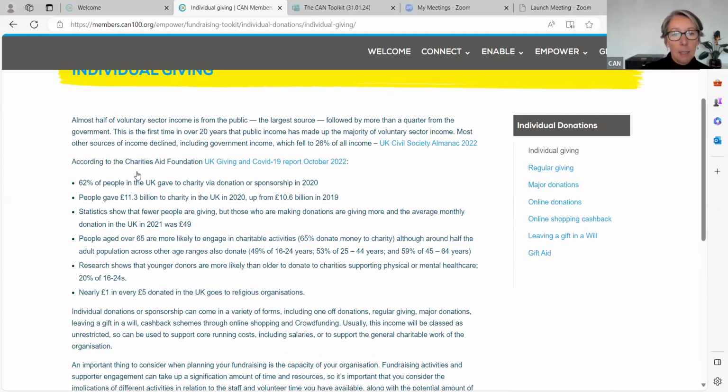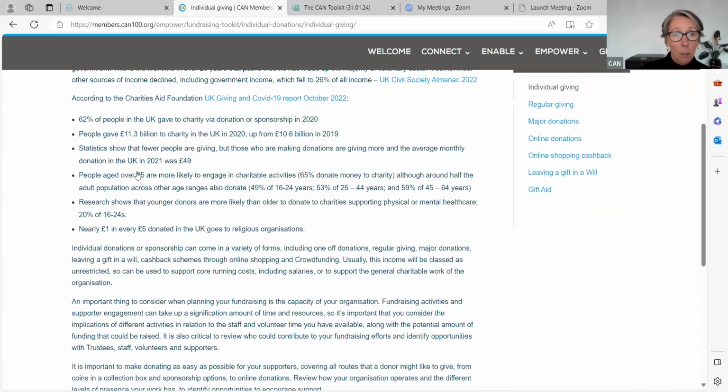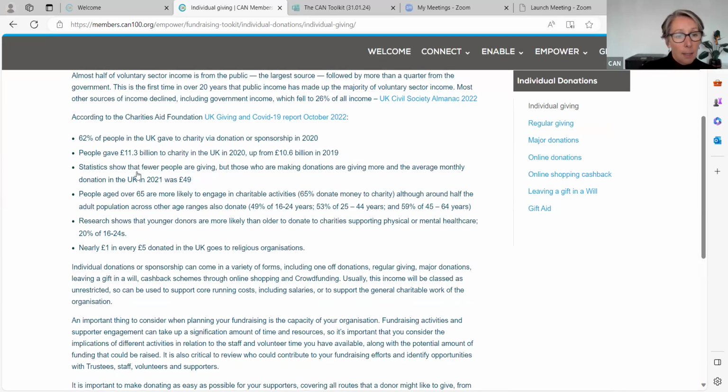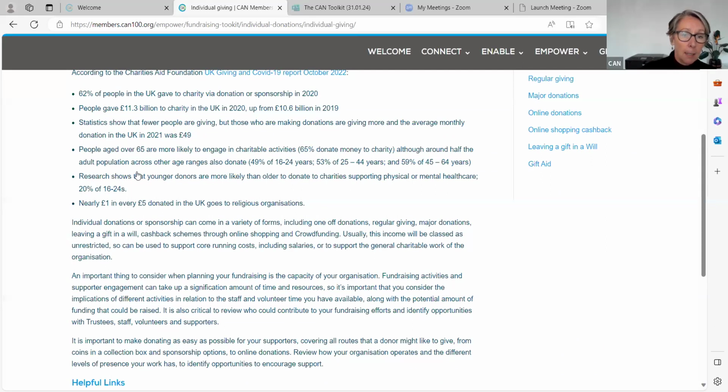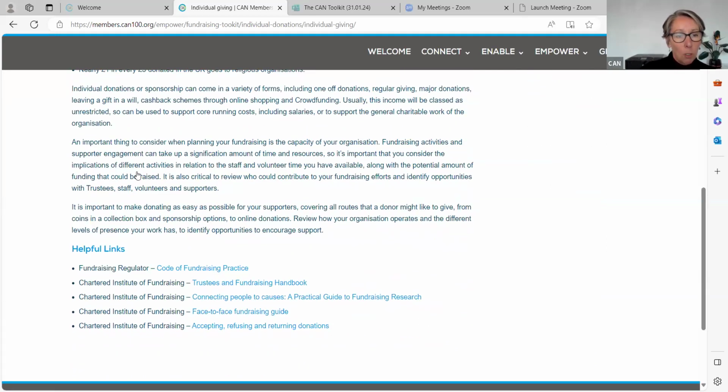This gives a bit of guidance and a few statistics about the amount of donations that people give, and trends for how they're giving their donations as well, which might be useful for your organisation to know and to help with your fundraising planning. So there's just some general guidance there. There's a link here to the Code of Fundraising Practice. And as I mentioned, this is something that we recommend all organisations do read and follow, because it's an ethical guide of how to conduct your fundraising to ensure that you're working in a positive way,